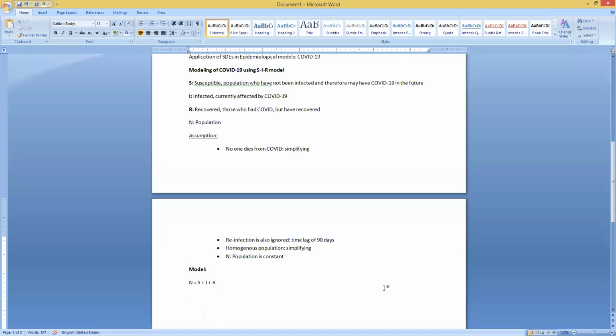Okay, so in the population, if you take any person, he will either be in the S group or in the I group, or he will have recovered from COVID, right? This is clear. Now we have starting values of all the three variables. So we have S0, we have I0, and we have R0.